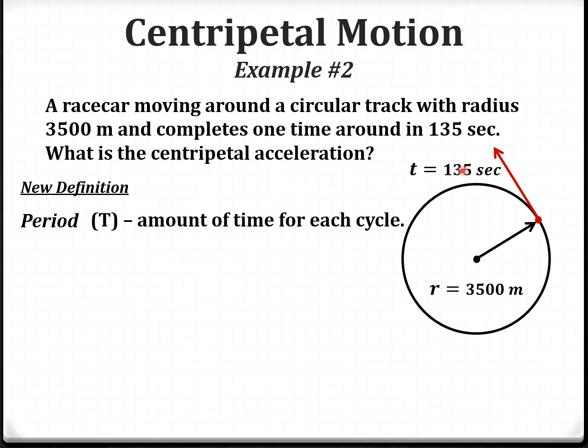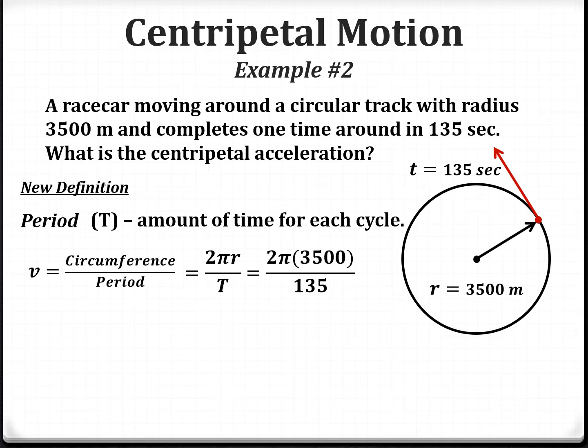The distance around a circle for one cycle is going to be 2 pi r. It's going to be the circumference of the circle. So the velocity is going to be the circumference divided by the period, because the circumference is one time around, and the period is the amount of time to go around once. So the circumference is the distance around one time, and the period is the amount of time for one time,